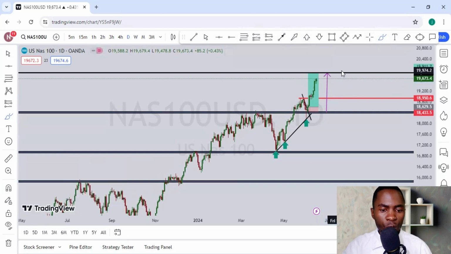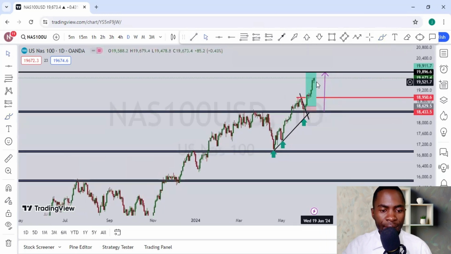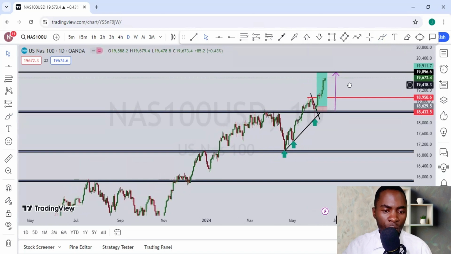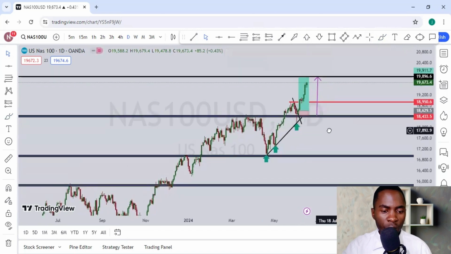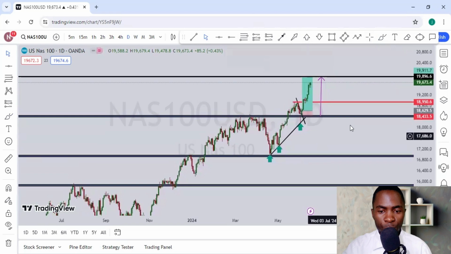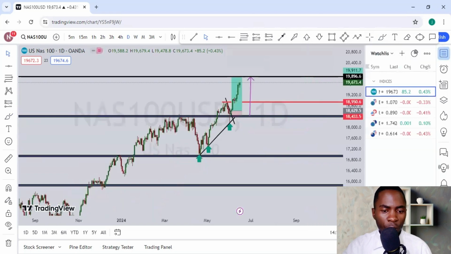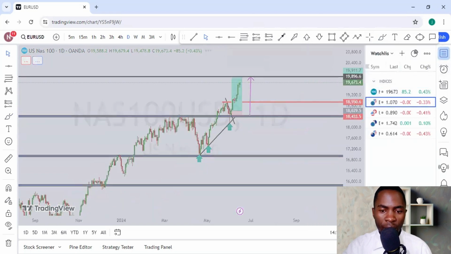I'm not going to wait for that. When I see the market start consolidating around this area, I'm going to take out my profits. This actually is one of the best trades that I have taken so far in my Q2. Now let's go back and do some analysis on other pairs